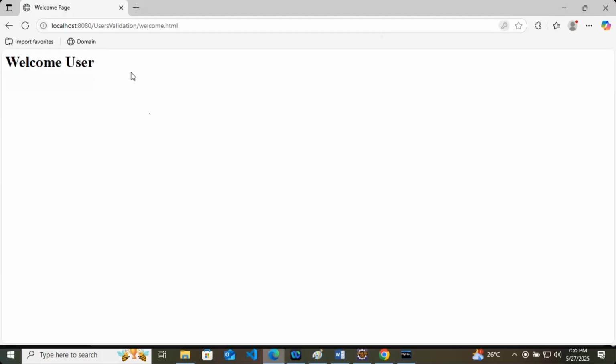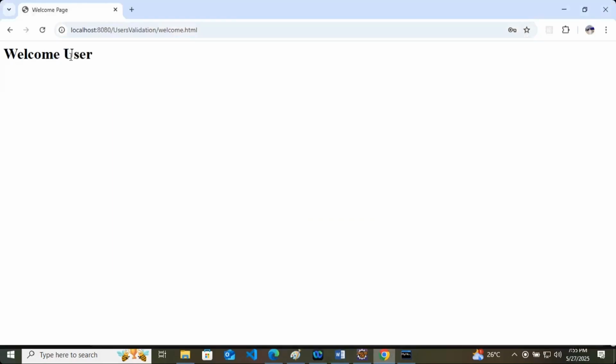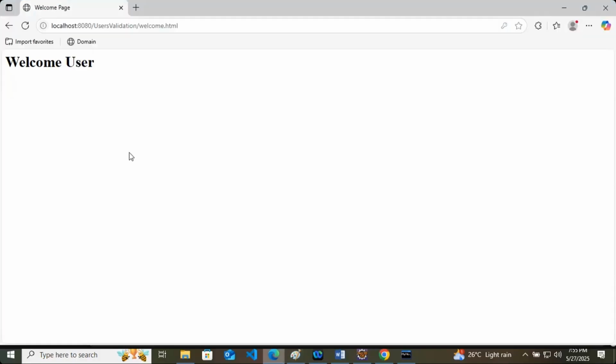And here also I got welcome user. This is a different user, and whatever user has logged in here, both are different. So the page should be different for both users. It should not be the same page. We should get a welcome message with the name. If Shankar is logging in here, then welcome Shankar, or whatever the username is.